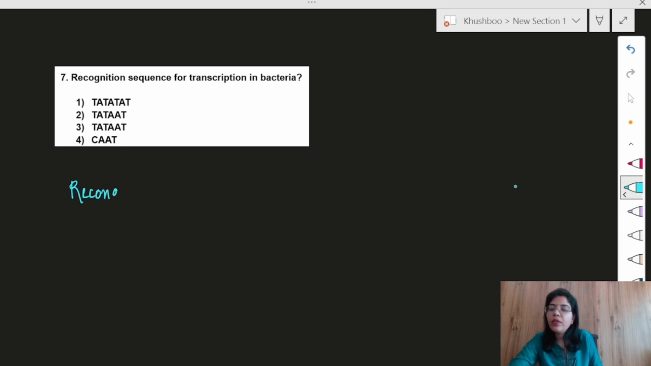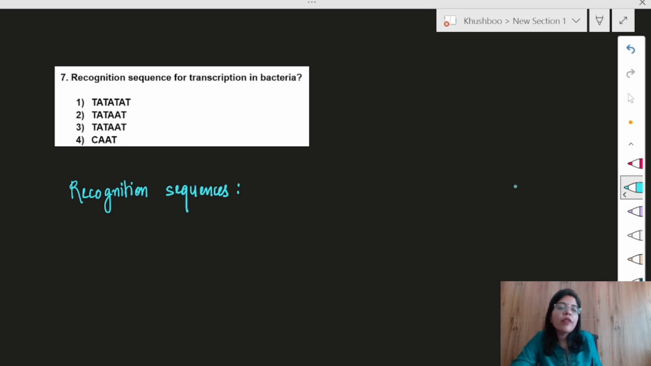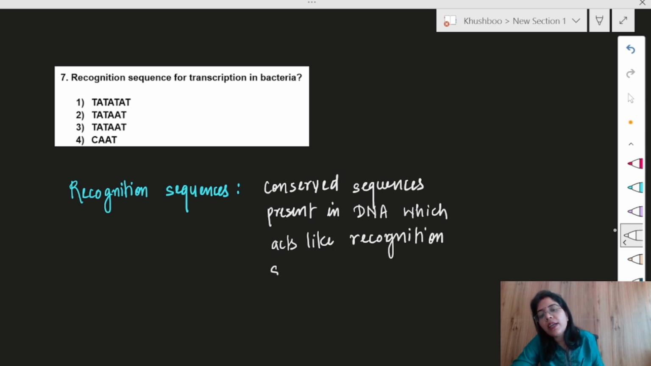sequences, right? So if I talk about recognition sequences, these are very important sequences. First of all, these are conserved sequences. Okay, cannot be changed. These are conserved sequences present in DNA, which act like recognition sites